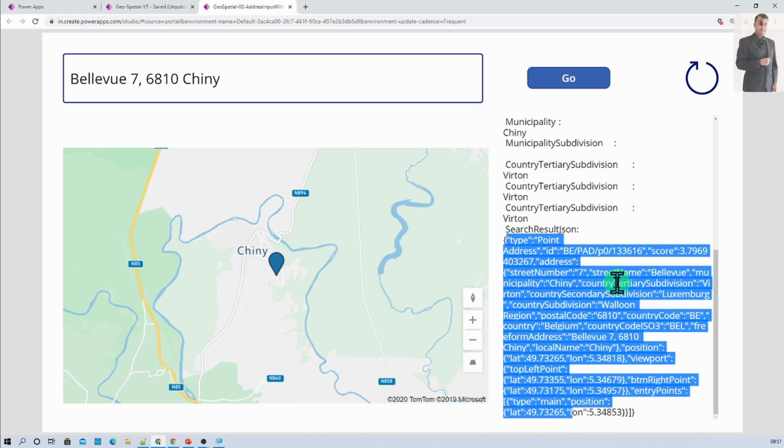Now let me talk about another use case. So at this moment what I have done is, whatever the address that has been added by the user, based on that I'm showing that location in the form of a map, and I am storing that value in a temporary form of latitude and longitude column for the collection. Now let's say for an example, I wanted to store all this information to my SharePoint for future purposes, then that can also be done by us. Alright, so this is how this address input component and map visual will work.